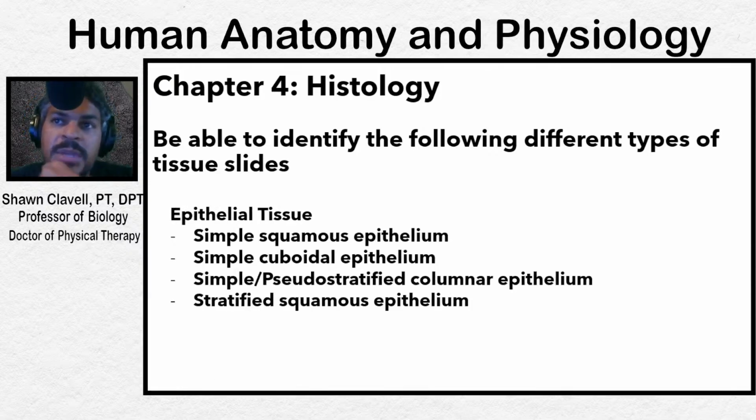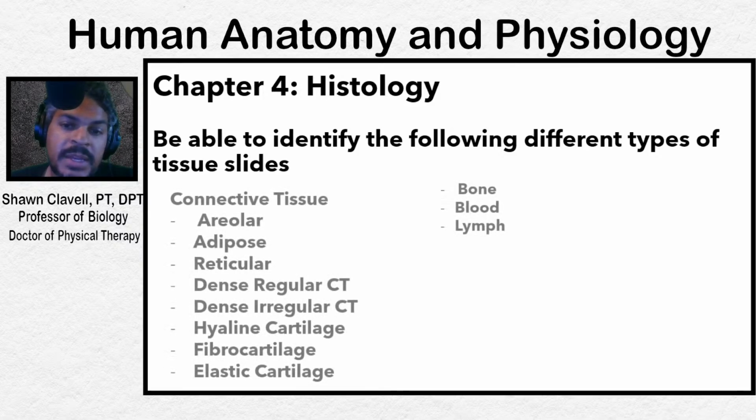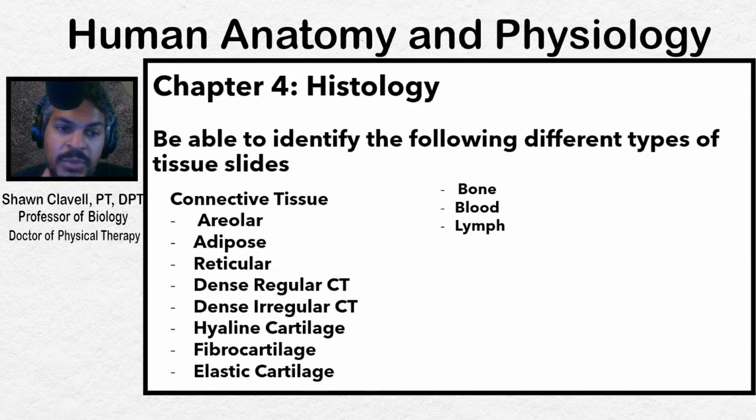So again, we'll take a look here at epithelial tissue: simple squamous, simple cuboidal, simple pseudostratified columnar epithelium, and stratified squamous epithelium will be key to identify. Whether it is connective tissue, in this long exhaustive list from areolar, adipose, reticular, dense regular, dense irregular, hyaline cartilage, fibrocartilage, elastic cartilage, bone, blood, and lymph,